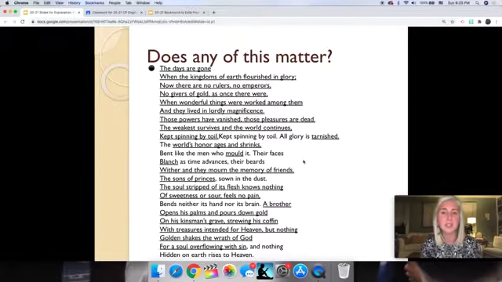That means buried. The soul stripped of its flesh knows nothing of sweetness or sour, feels no pain, bends neither its hand nor its brain. A brother opens his palms and pours down gold on his kinsman's grave, strewing his coffin with treasures intended for heaven. But nothing gold shakes the wrath of God, for a soul overflowing with sin and nothing hidden on the earth rises to heaven. Here you see the elements of elegy, where we're mourning the time of maybe